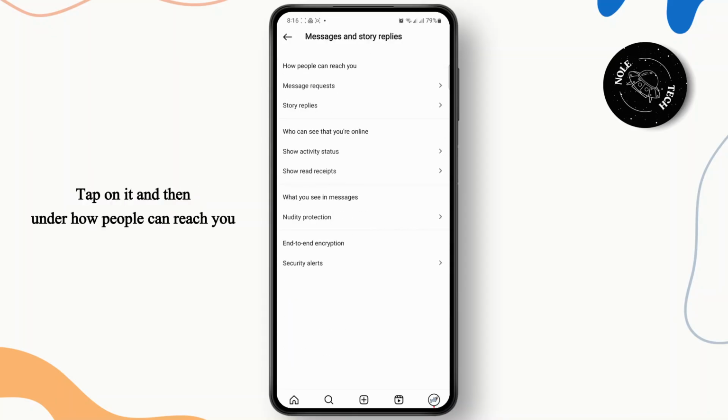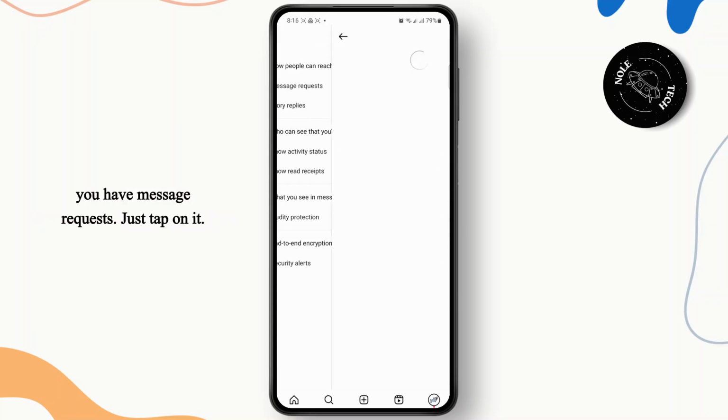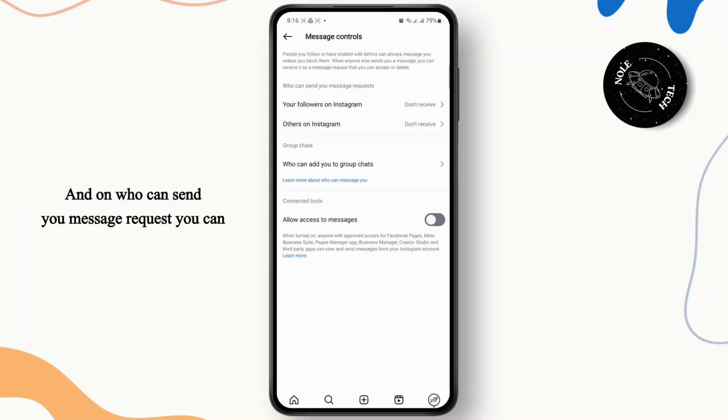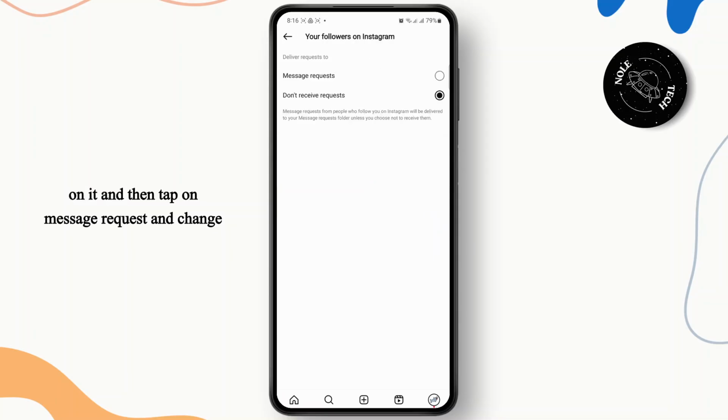Tap on it. And then under how people can reach you, you have message requests. Just tap on it. And on who can send you message requests, you can receive requests from your Instagram followers and others on Instagram. So you can just go ahead and tap on it and then tap on message request